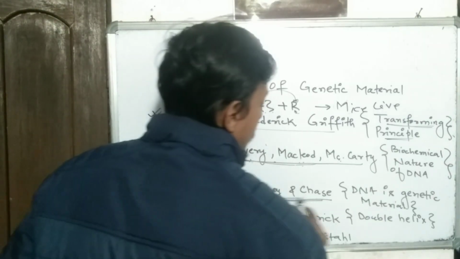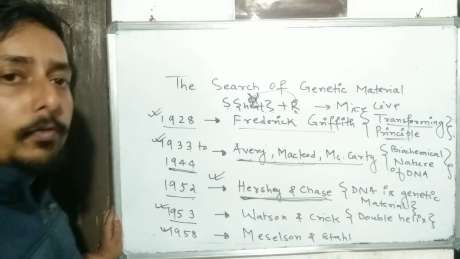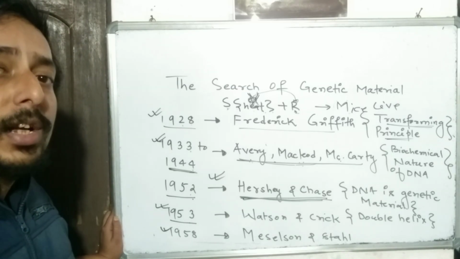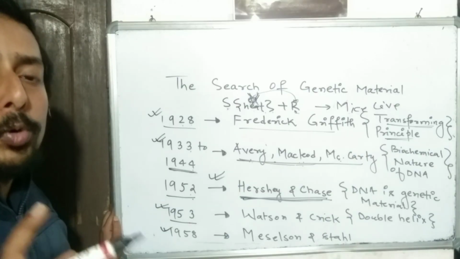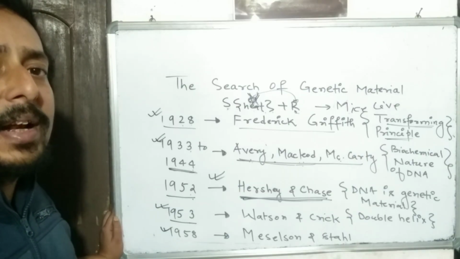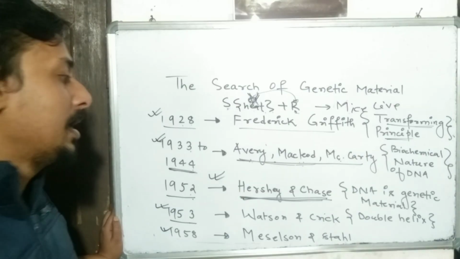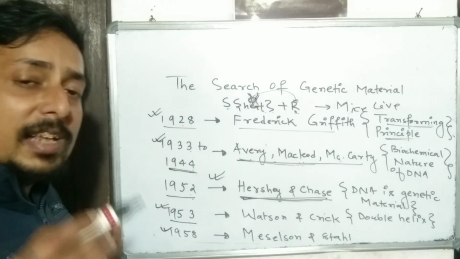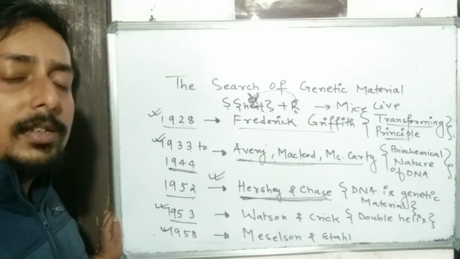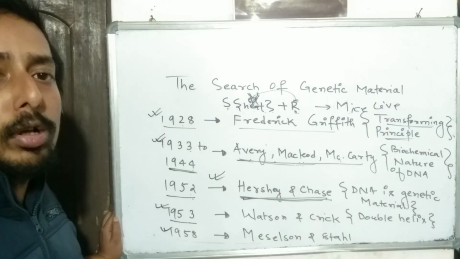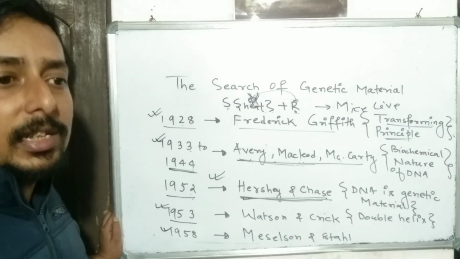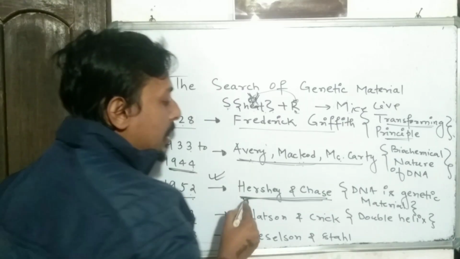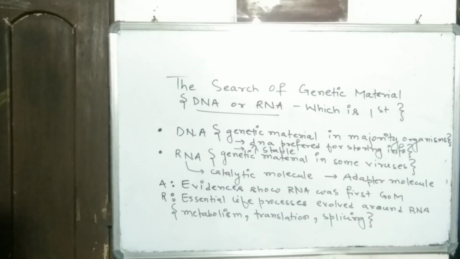So this was the experiment of Hershey and Chase. First of all, an NCERT very important line. They say the unequivocal proof that DNA is the genetic material comes from the experiments of Hershey and Chase. Unequivocal means what? It is clear from now. It is established in the world of biology that yes, DNA is the genetic material. Who experimented? The experimenters were Hershey and Chase.